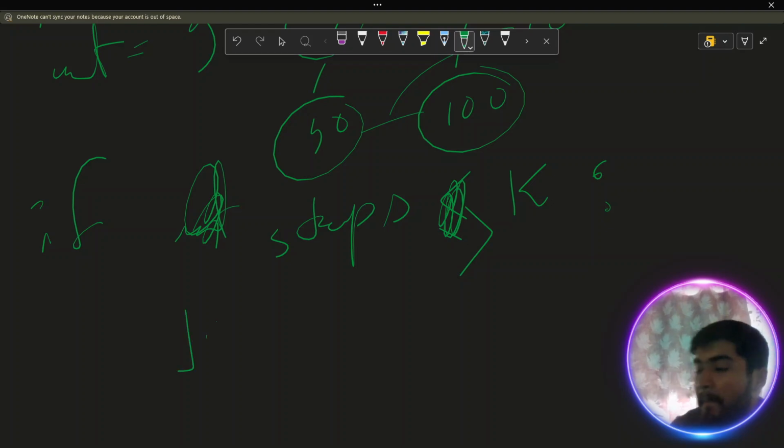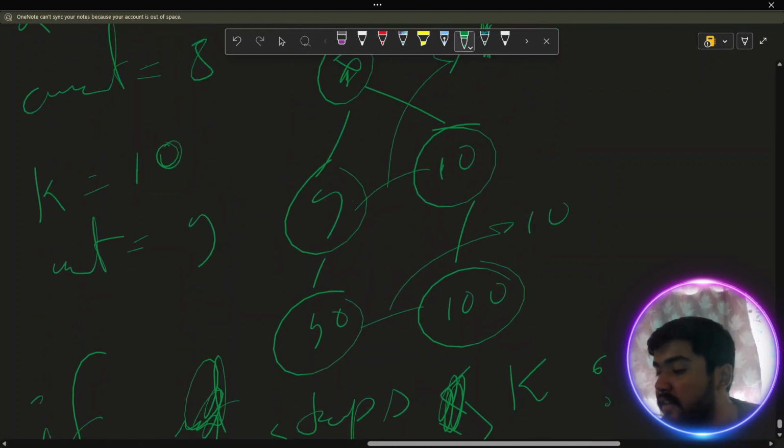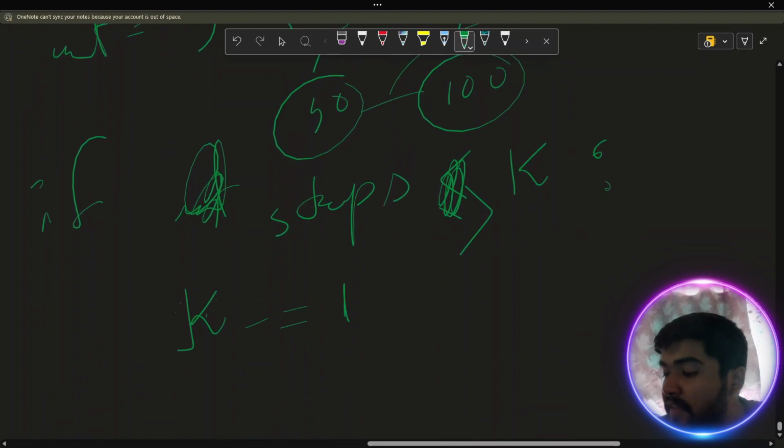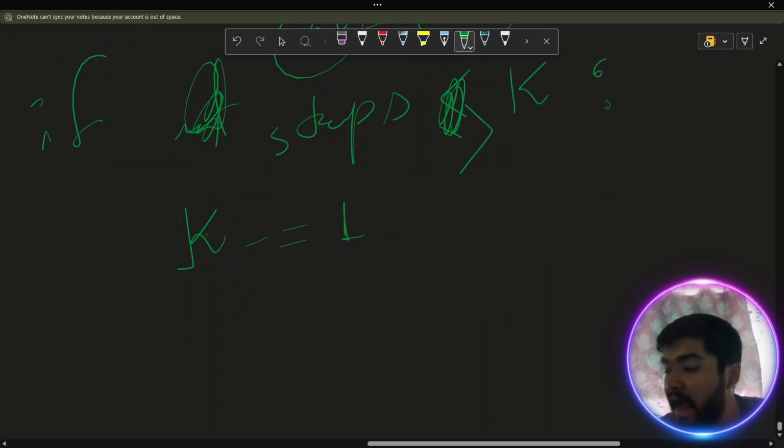I should go to more depth. And my k becomes, because I am going to depth only, right? I'm going to depth only because I'm not going to consider this. So we have started with 9. So our k becomes k minus equals to 1 because we have considered 9 to be a starting one, and my current becomes